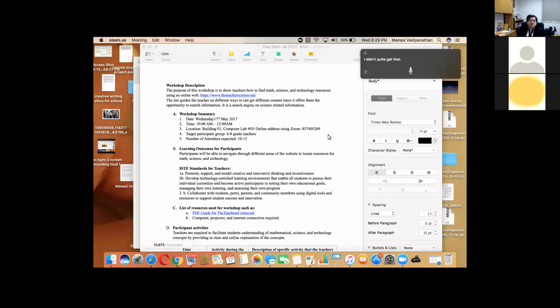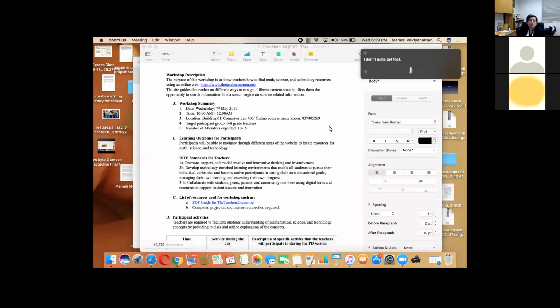And I've put my Zoom address also, and the target participating group are 6 to 8 grade teachers, and the number of attendees are 10 to 15. The learning outcomes for participants are that they'll be able to navigate through different areas of the website to locate resources